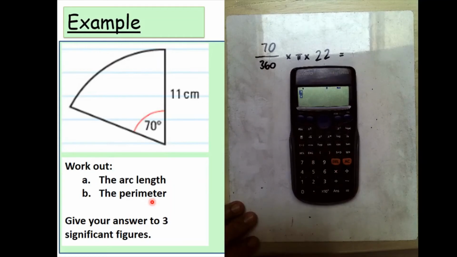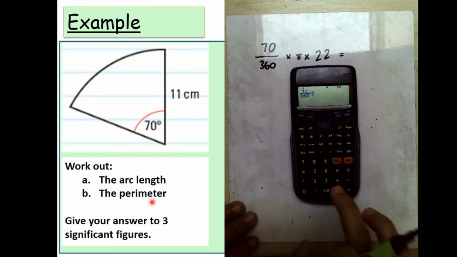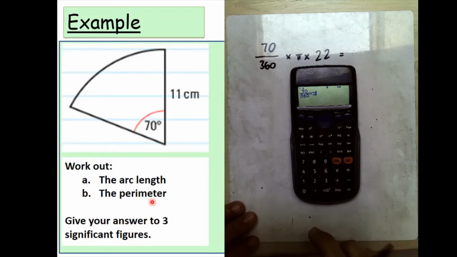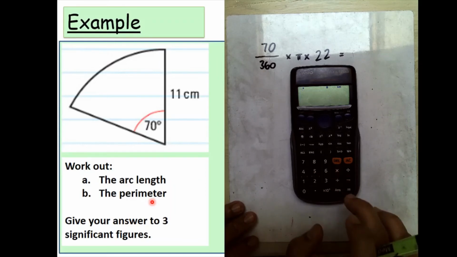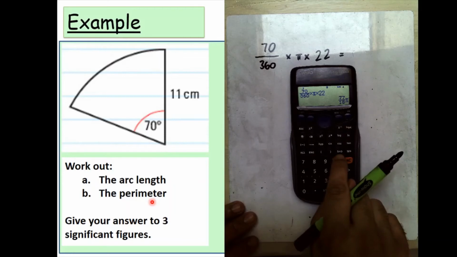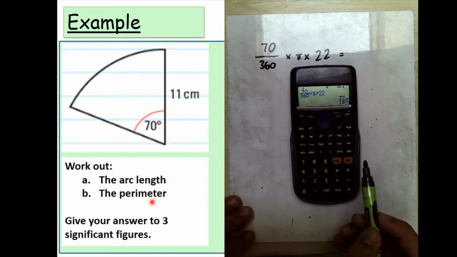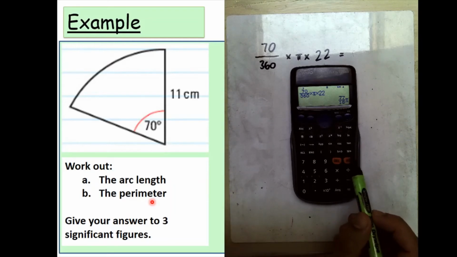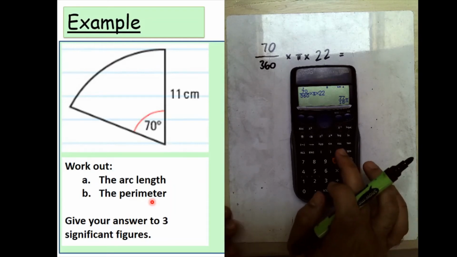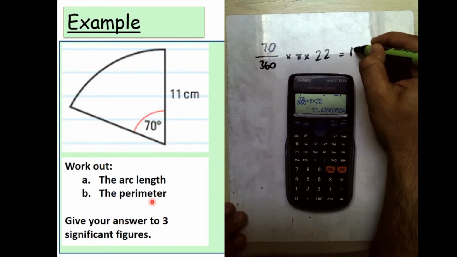You can press the fraction button if you like. 70 over 360 times pi, so that's down there, as I said, the times 10 button, times 22. And that's given me an answer of 77 over 18 pi. Now, you need to be comfortable using this button here, SD, which basically changes the format of the answer, converts it from standard form into decimal form, or as a normal number into a decimal. So that is now my answer as a decimal,